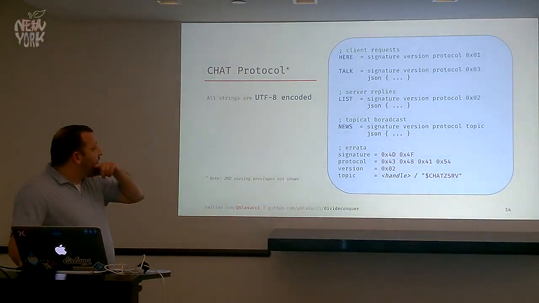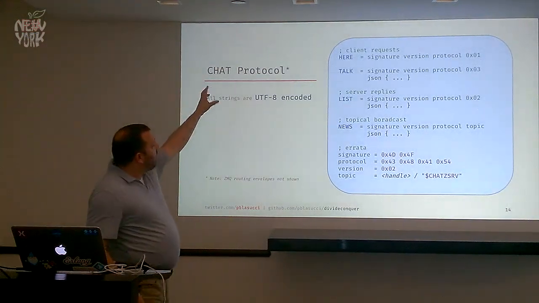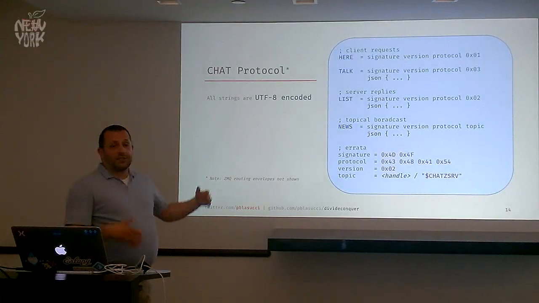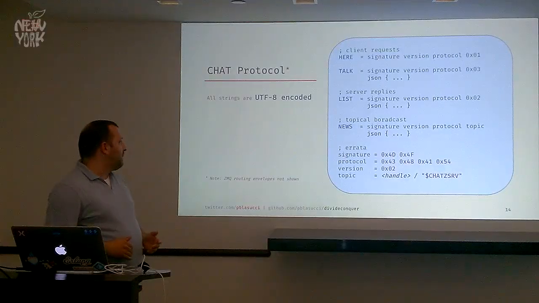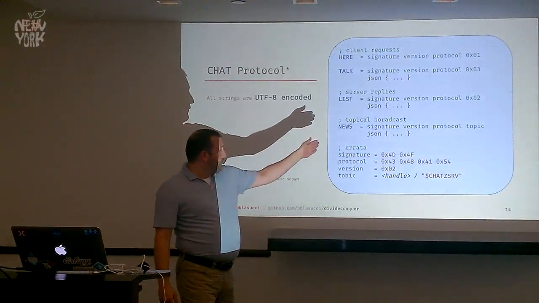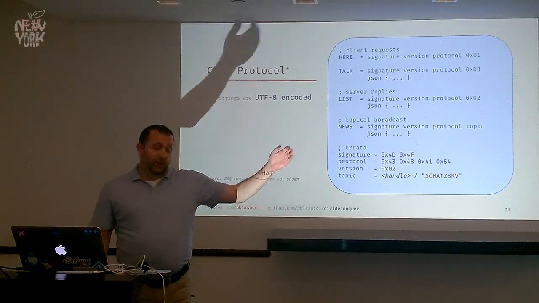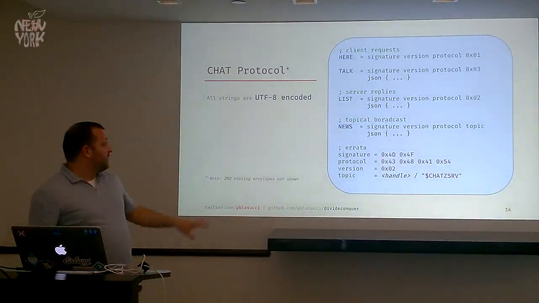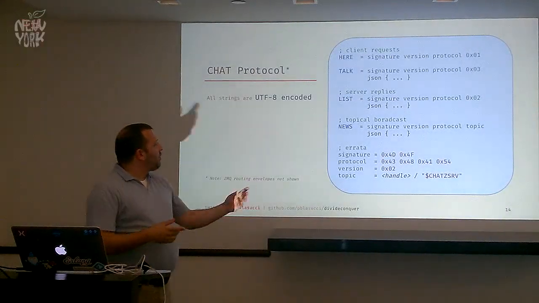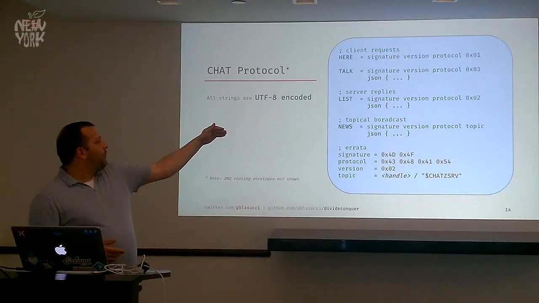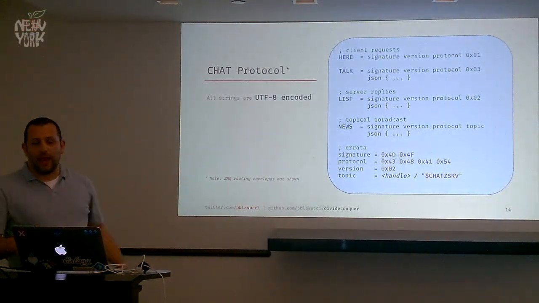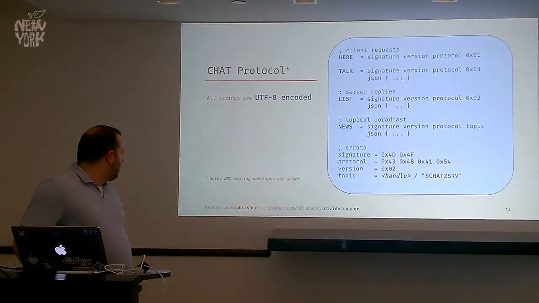The news message is worth considering. It's a little bit different because here talk and list are going to be part of our router dealer bidirectional exchange. News is going to be our topical broadcast from pub to sub. So our topic that we're subscribing to is really this first frame, signature version protocol and then topic, and the body of the broadcast is the second frame, which is this UTF-8 encoded JSON blob. And what we're saying here is the topical portion at the end of the frame is either going to be a literal string or the client's handle, the nickname they're using.